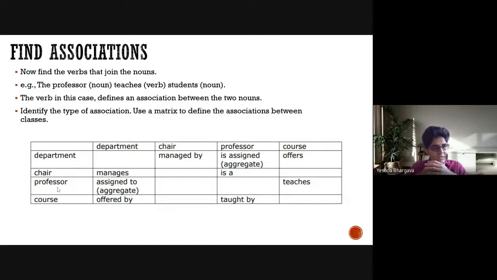It's an inheritance, where the professor is the sort of parent, and one of them is chosen to be the chair of the department. So that's a good attempt, but the chair is not actually supervising the professor. The kind of relationship cannot be reduced to an association. It's basically inheritance. So this difference is important to remember.